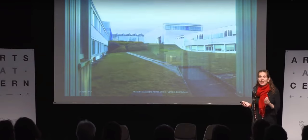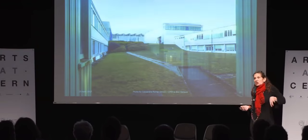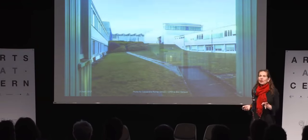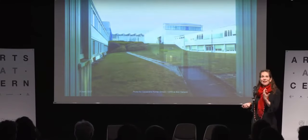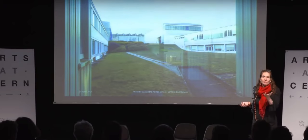That you can see how we at CERN were always saying, well, c'est moche, mais on s'y est habitué, sort of patience. Whereas Cassandra came at Christmas and took some photos, and you look at them and you are ému, you are sort of moved, because they contain worlds within the simple photographed